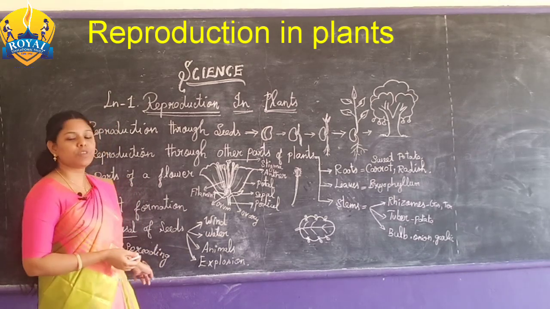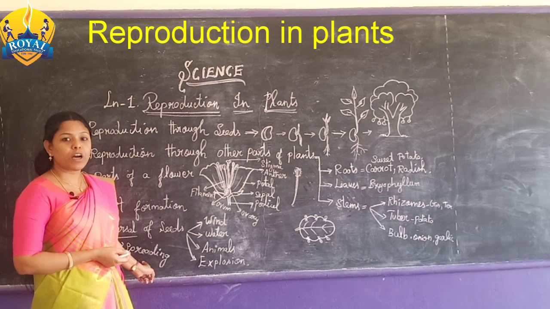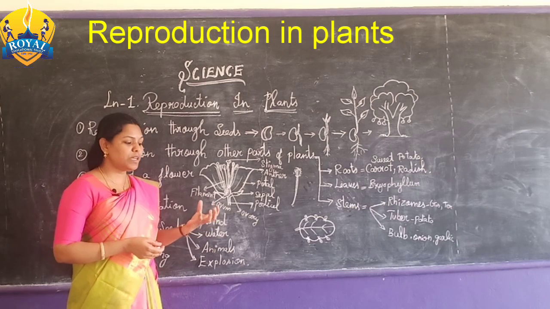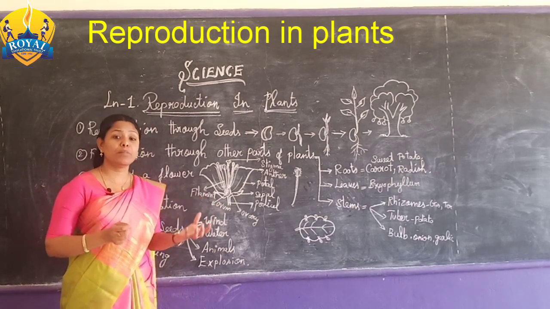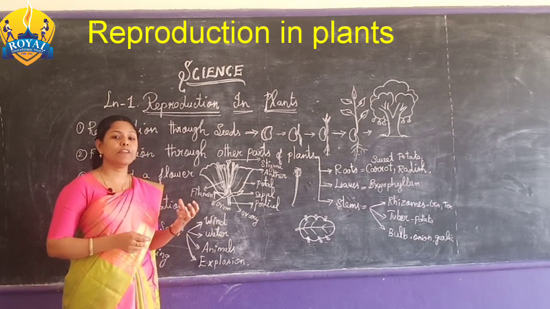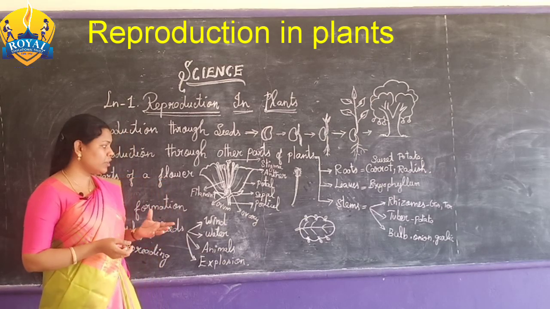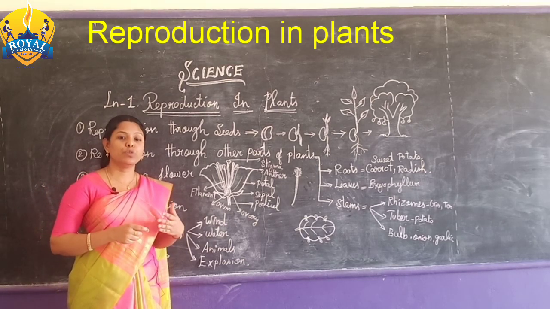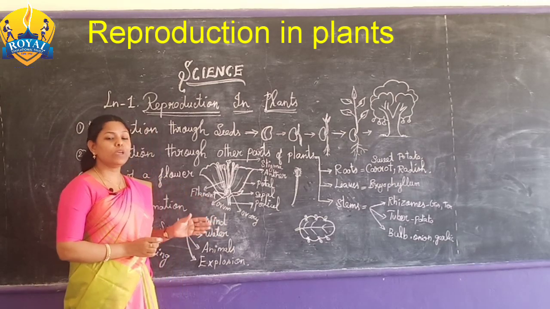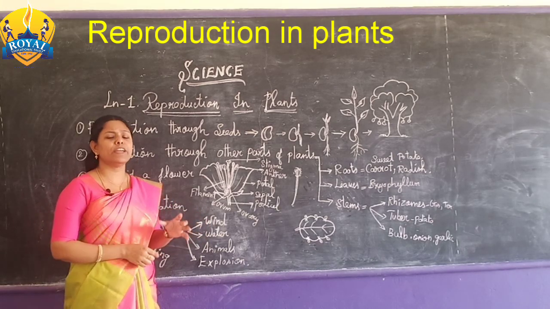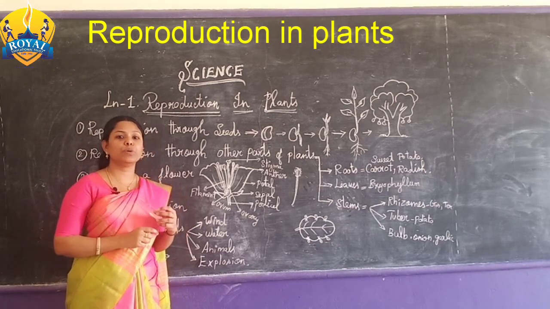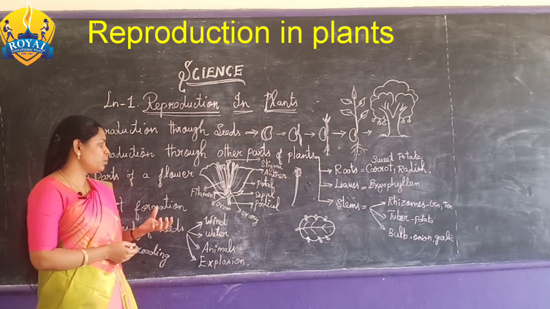So how does the spreading and scattering happen in plants? Because the baby plant does not have enough room. Sometimes we see a small baby plant, a tiny plant, under a big tree. The tiny plant does not have enough carbon dioxide and enough place to grow into a new plant, so it needs vast places. Therefore the tiny plants are scattered and dispersed in many ways, and in that new place it will grow into a new plant.